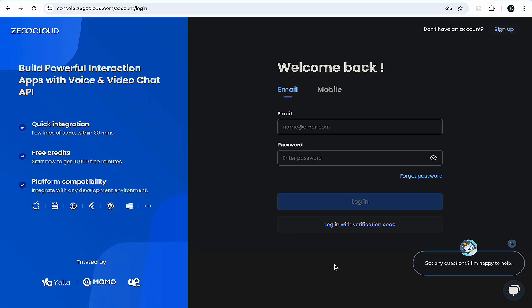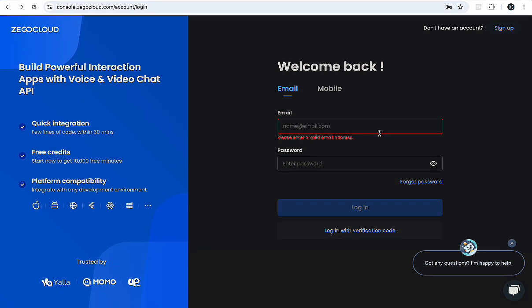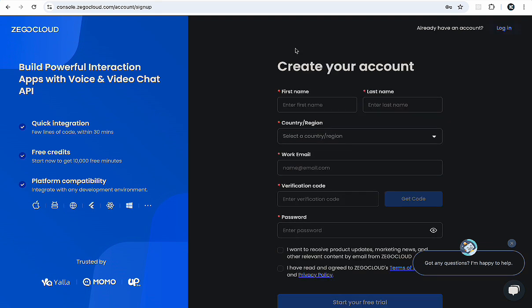This is the ZEGOCLOUD website, and the first thing we need to do is to create an account. So we click on this sign up button to create our account. I won't create an account here because I already have an account, but I'll just walk you through the process of creating an account. So here all we need to do is input our names and then add the country,